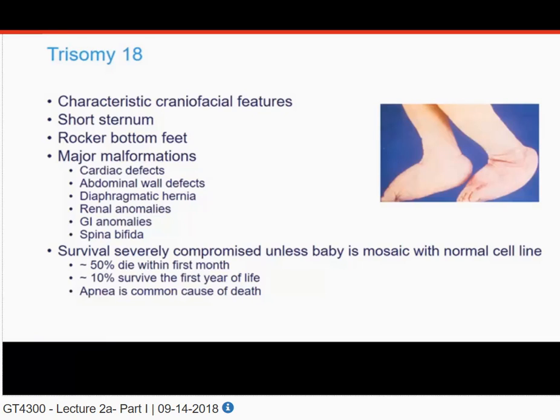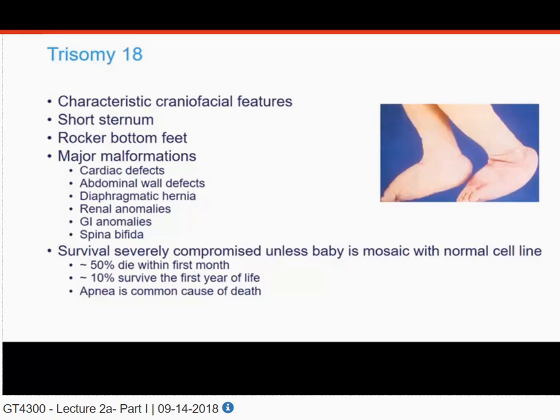These are other features associated with trisomy 18: cardiac defects, abdominal wall defects, diaphragmatic hernia, renal and GI defects, and spina bifida, an interruption in the spine. It's a neural tube defect where part of the spine did not develop or is outside the body. So some pretty severe